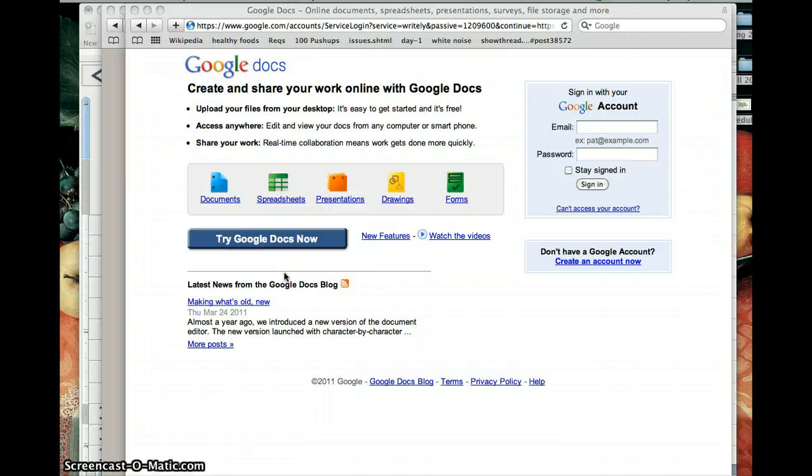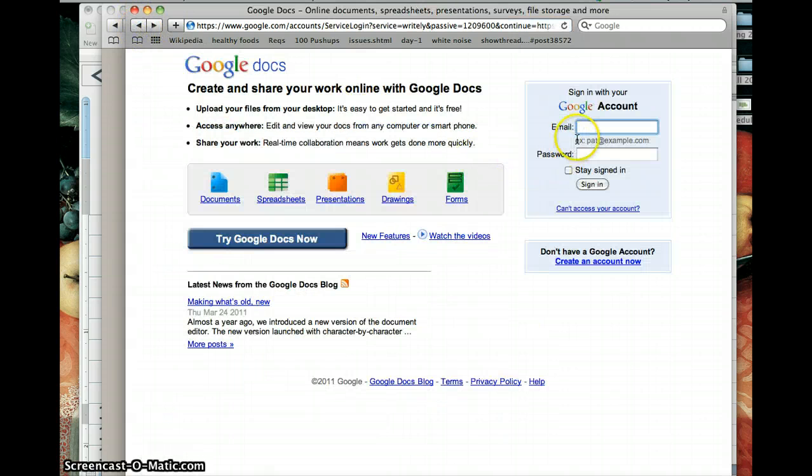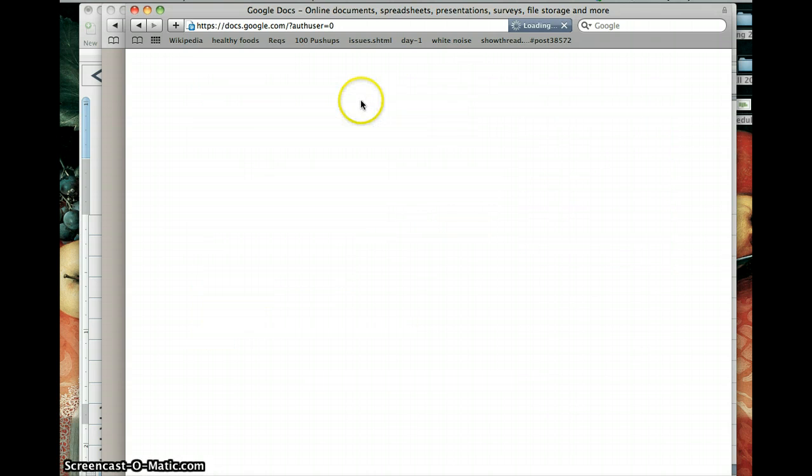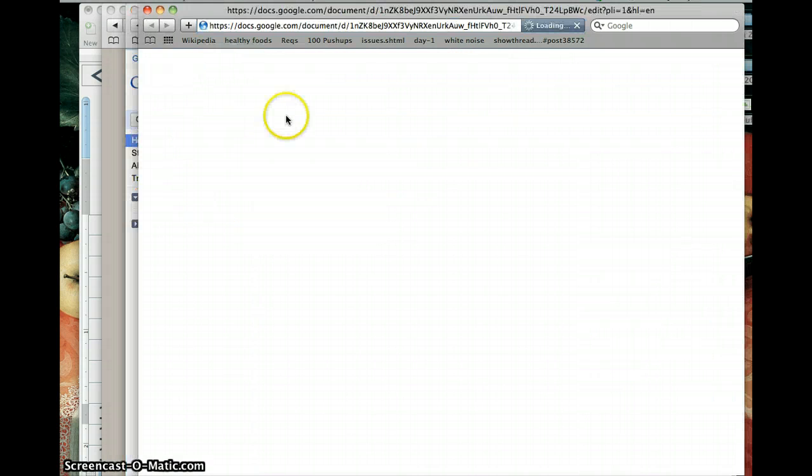From here, your class of students must be divided into groups of five, and every student will go on to Google Docs and create an account. If you don't have a Google account, obviously you click create an account and fill it out. I already have one, but every single student is going to create a username and password and sign it up at the front of the classroom on a sheet of paper for the sake of posterity. Every group is going to assign a group leader who will have the responsibility of creating the initial document by clicking on create new document,